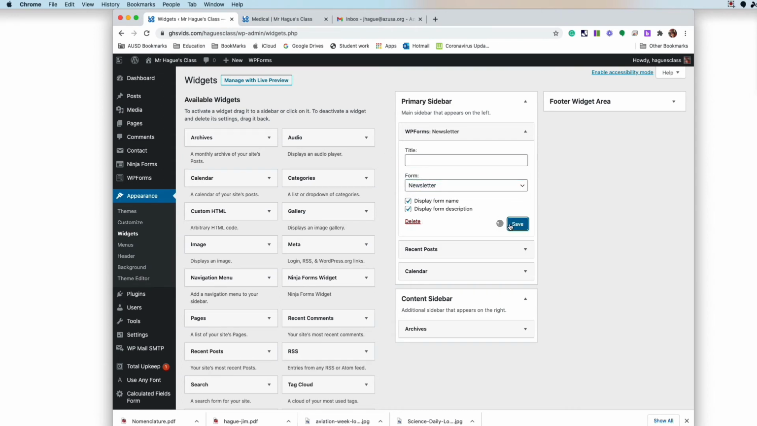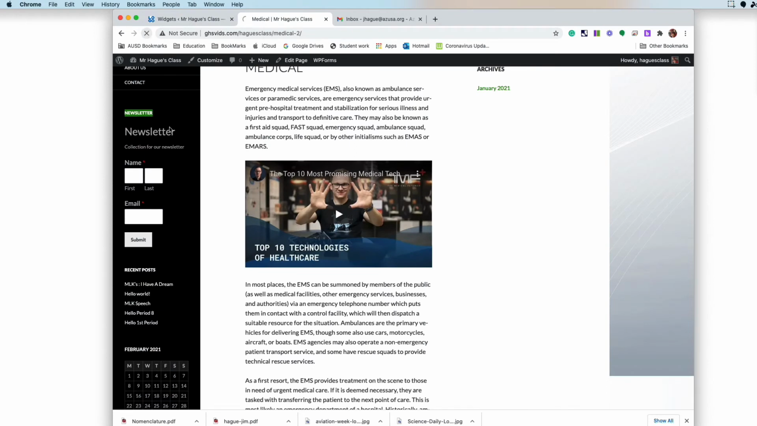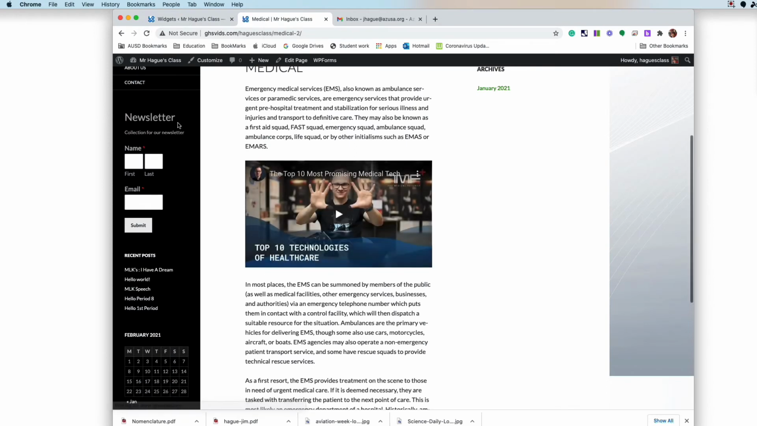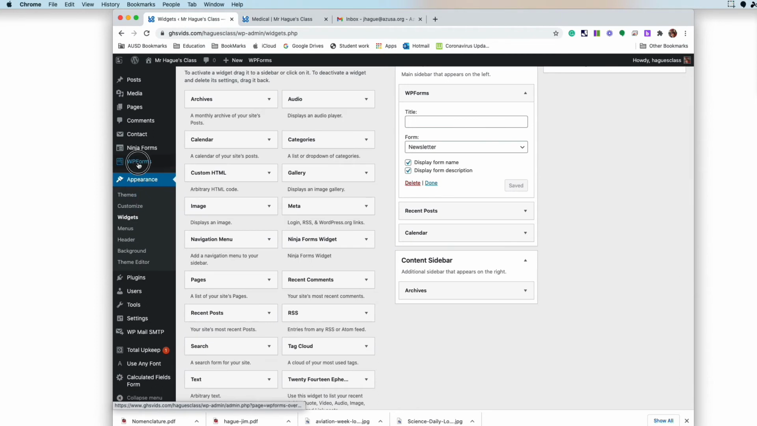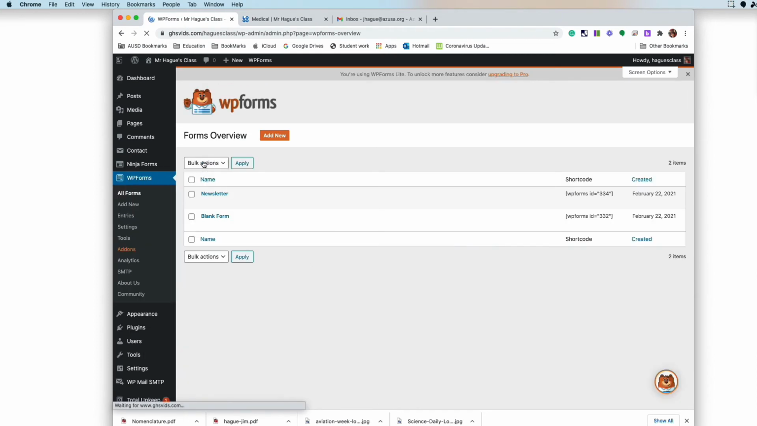Okay, and save it. We can get rid of the title, and what that does is as soon as this thing stops saving, refresh the newspaper. Okay, so all right, so anyways, newsletters over there. I want to fix this name over here, so we're going to go back into WP Forms, all forms. We're going to click on edit,